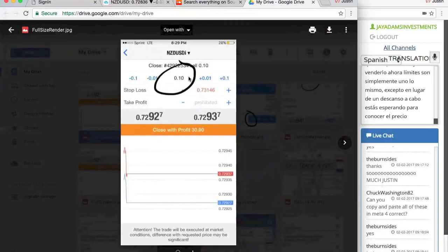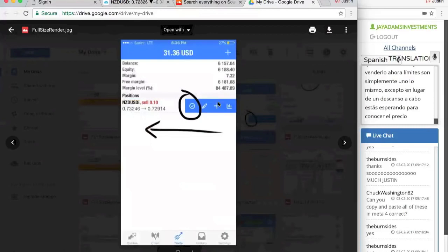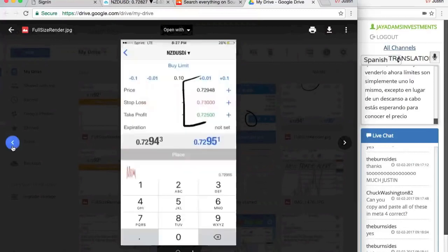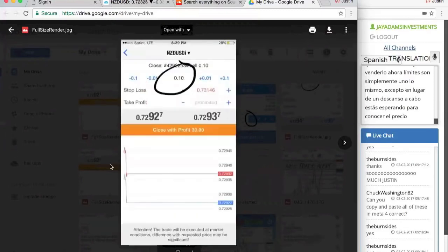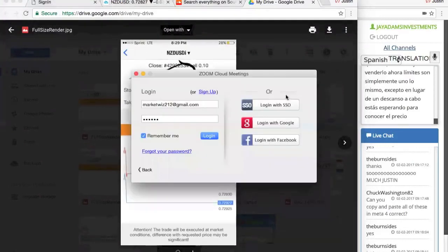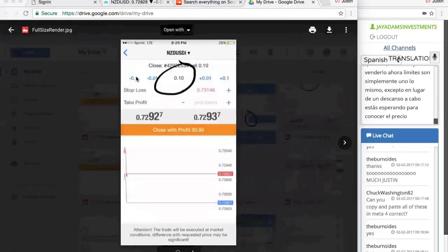Sell, 0.10 sell. When you go here and you swipe to the left, there's going to be a check mark here. You hit that check mark. It will then bring you to this screen. I can close all my position with a profit of $30.90. Or I can take partial profits